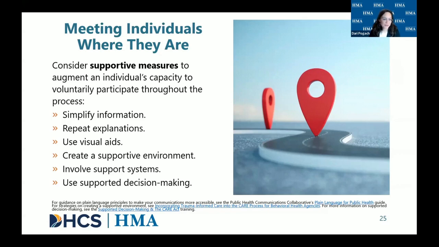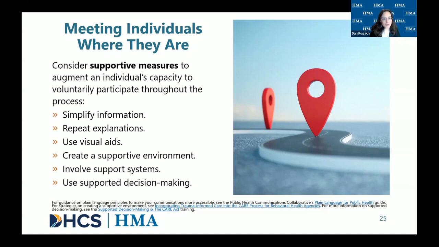So simplifying information, this is so important. And Judge Cousins, I'm sure you've done this many times from the bench. I've seen the power of a judge speaking to a person in a court proceeding and really just breaking down information in a way all of us can understand. Because any of us who are not familiar with court proceedings, these processes can seem really complicated, confusing. So really simplifying information. Don't be afraid to repeat an explanation.